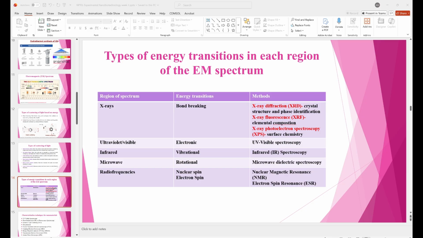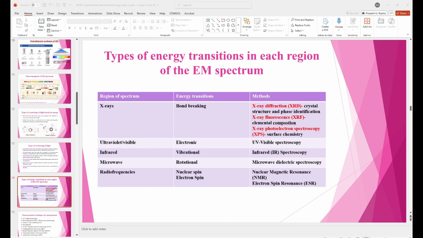Microwaves, the energy transition is rotational. It is used in a method called microwave dielectric spectroscopy. It has not been mentioned in this course, so we'll not get much into that. And radio frequencies, there are 2 kinds of transitions that can occur. One is nuclear spin, which is exploited in nuclear magnetic resonance, NMR. I think you guys might have heard of NMR. And the other is electron spin, which is used in electron spin resonance. Okay, so we'll not talk much about microwave and radio frequencies, as mostly our course is X-ray diffraction, UV visible,